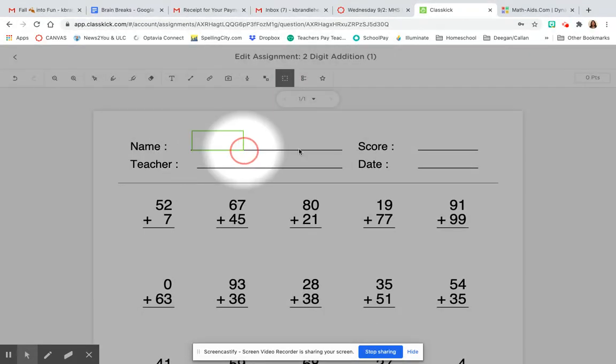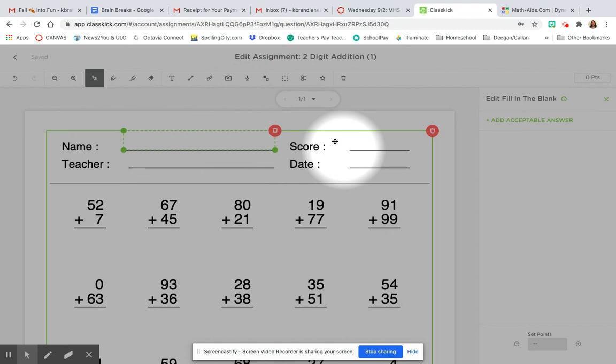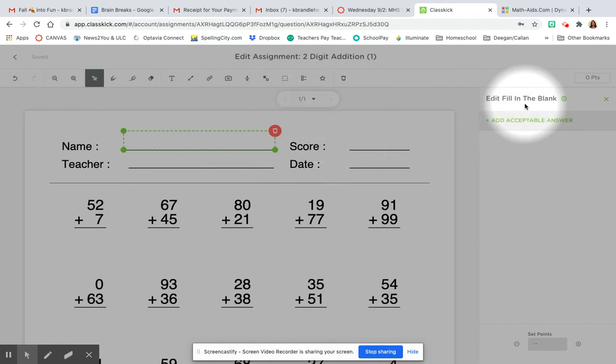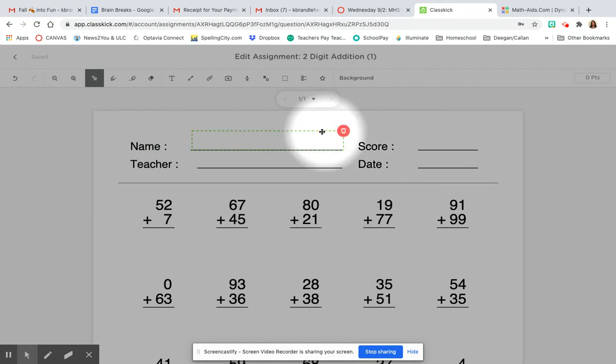So we will create a place for them to put their name. Now it's going to pop up and ask me for an acceptable answer. I'm not going to put one here because everyone has a different name. There's no right or wrong. Okay. Then I'm going to go through and put